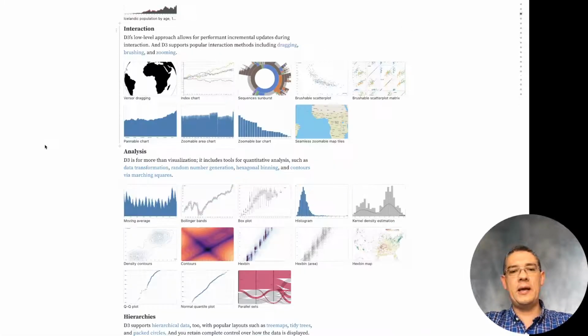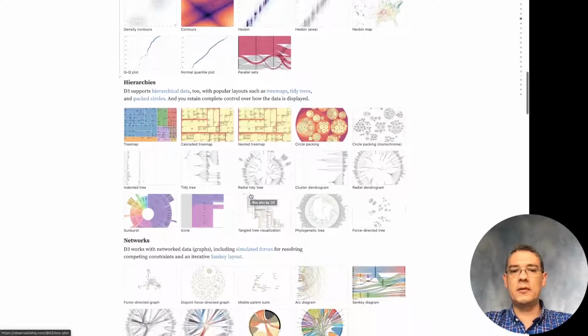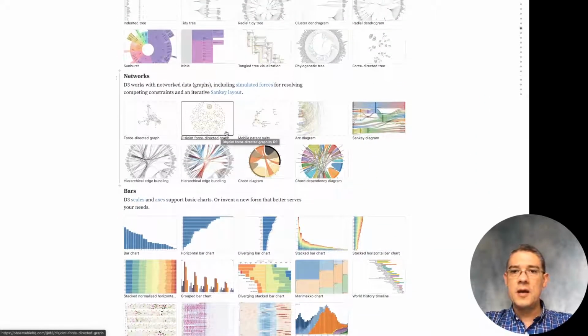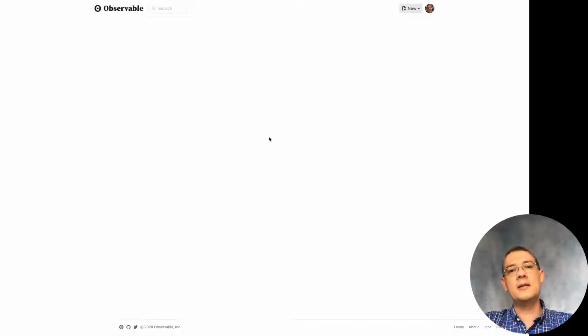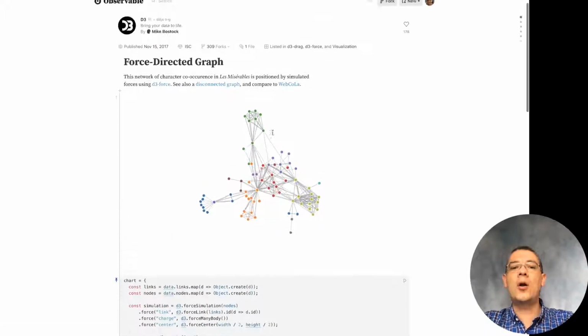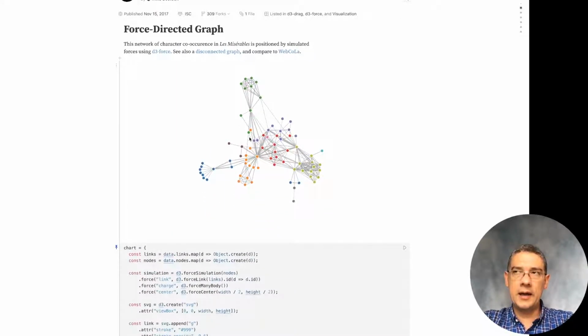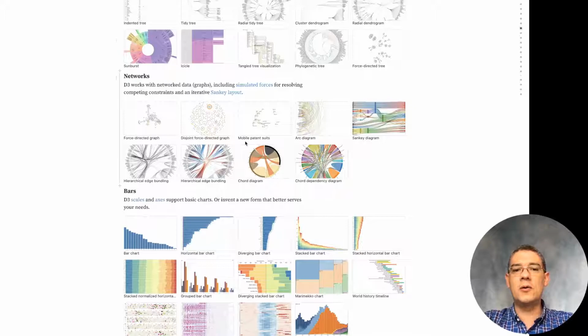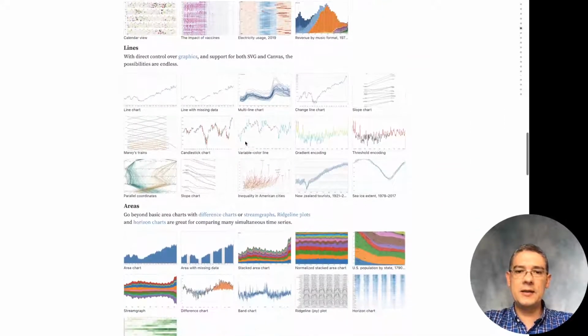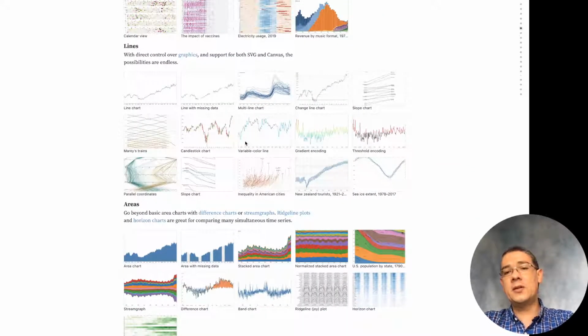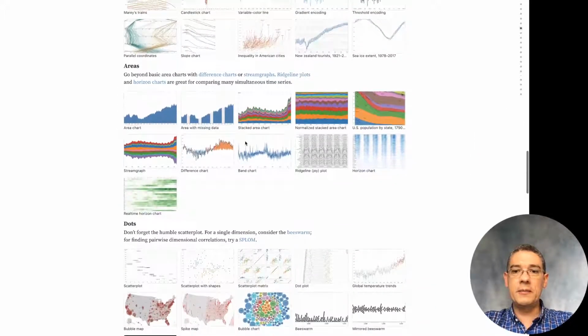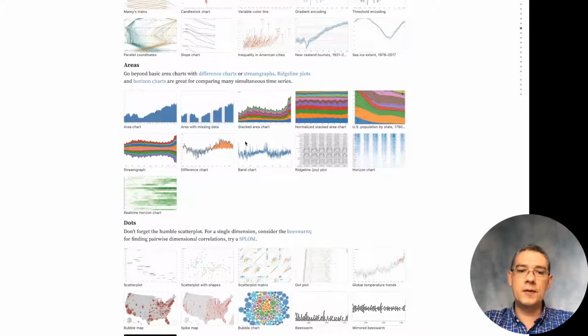And then you can also start creating hierarchies, networks. The force simulations are one of the most interesting things that you can create with D3. And one of the coolest things about it is that you can use it not only for creating force networks, but also other types of representations. As you can see, there is a ton of examples here on Observable that you can borrow from and you can actually reuse for your specific charts.